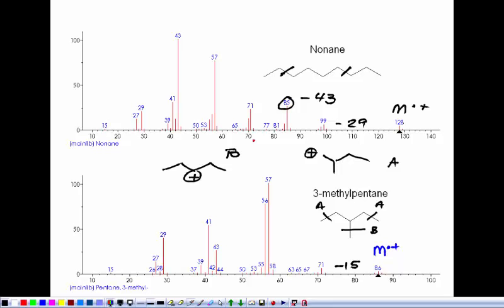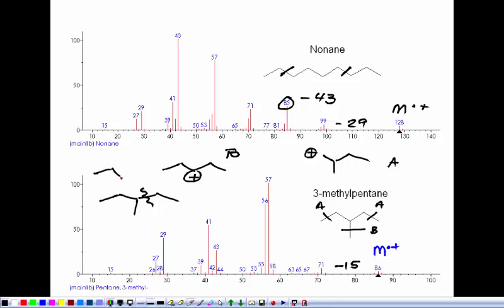Here's my 29 though. What does that tell me? Peak at 29 says somewhere along the line I broke and made an ethyl group. So in this molecule, what's actually most likely to happen is, if I rewrite this molecule over here, I'm actually most likely to break this bond. And when I do that, some of the time I'll get an ethyl radical, which will give me the peak at 29. And the other times, I will get this secondary carbocation,